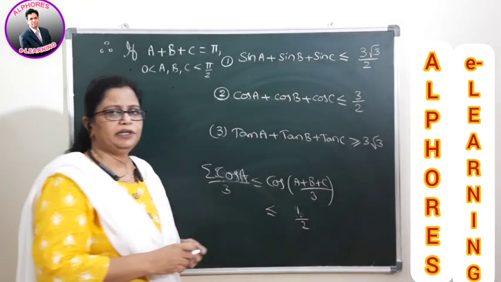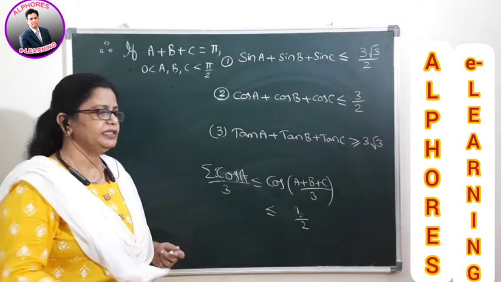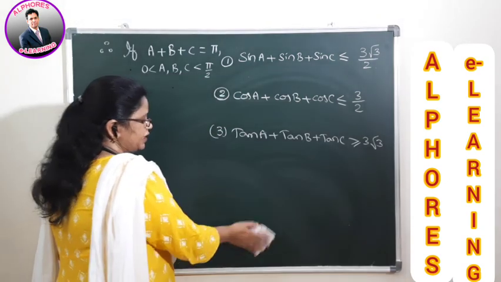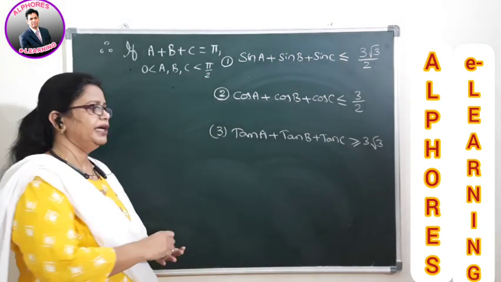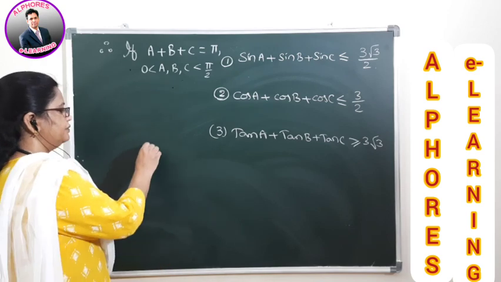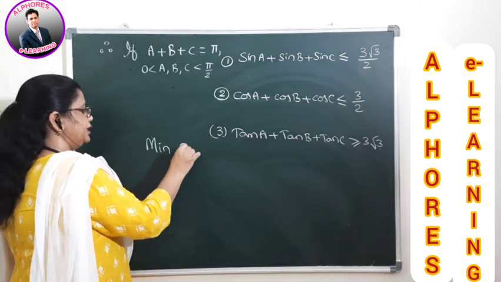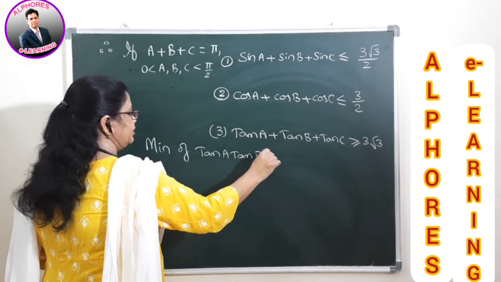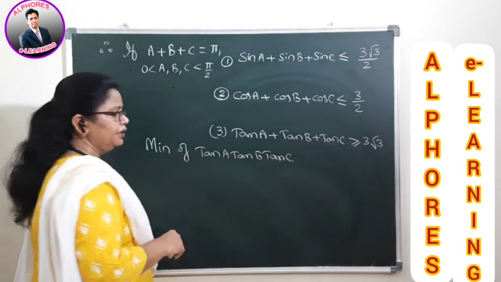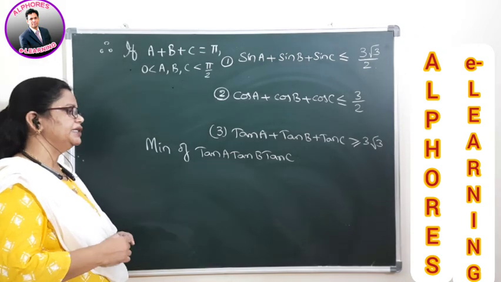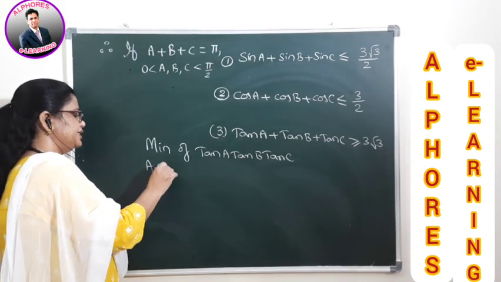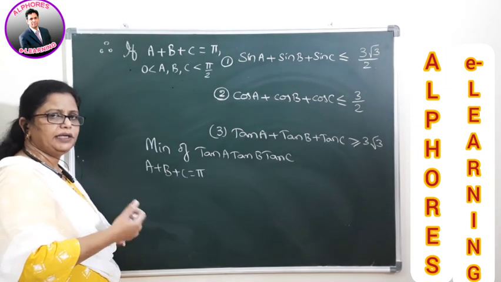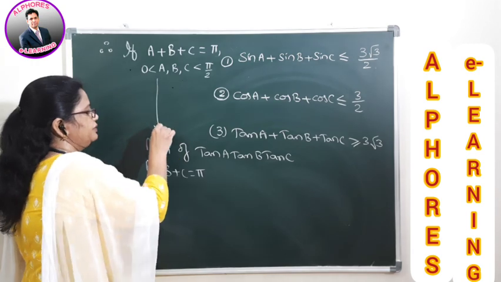So in this way we can directly take some known inequalities. So where will these be useful here? Sometimes they ask what is the minimum value of tan a tan b tan c. Okay, so what is the minimum value of tan a tan b tan c? They directly ask, such that a + b + c equals 180 degrees. Okay, a + b + c is 180 degrees. So whenever a + b + c is 180 degrees, such that each of the angles is an acute angle, then again you can make use of the condition, students.